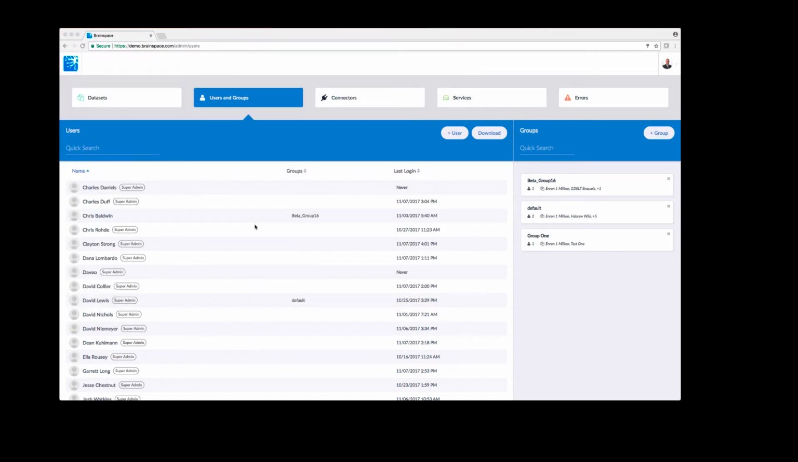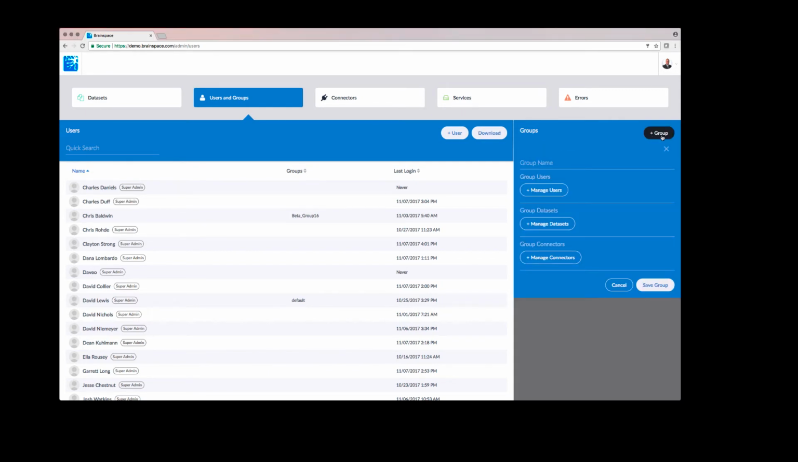And of course, if you have multiple BrainSpace environments or instances, you can generate that report for each of your BrainSpace instances. So now we've created a user, and the permission level for that user is called user. And now we're ready to actually create a user group. So we're going to click on the new group button. We're going to give our group a name, and we're going to call our new group